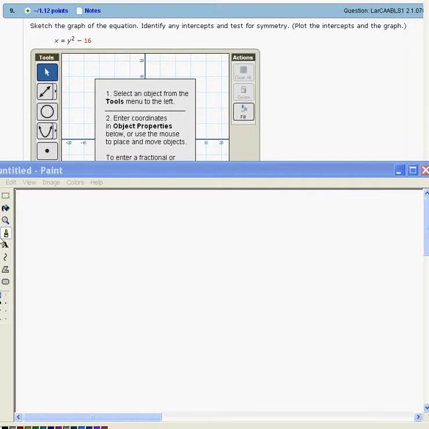I'm going to try to show you how to use WebAssign's graphing tool here. We are supposed to sketch the graph of the equation, identify any intercepts, and test for symmetry. I want to plot the intercepts, then I'll plot the graph. So to start with intercepts, how do I plot